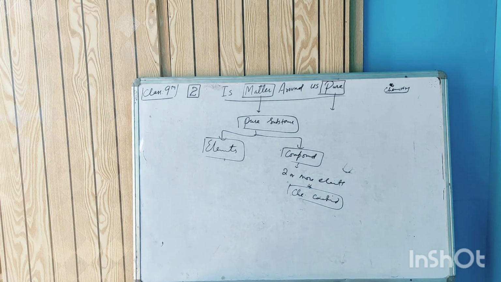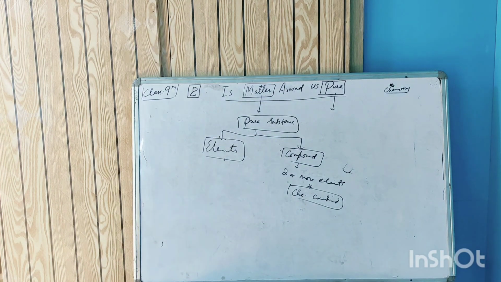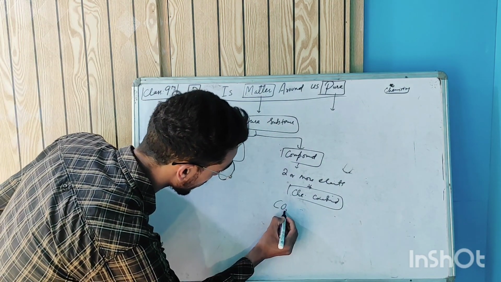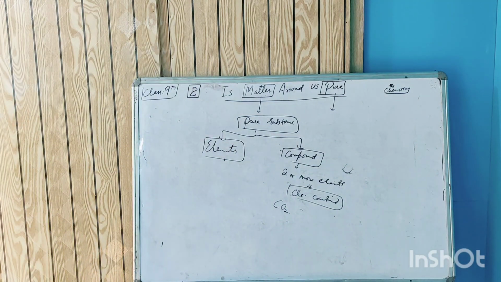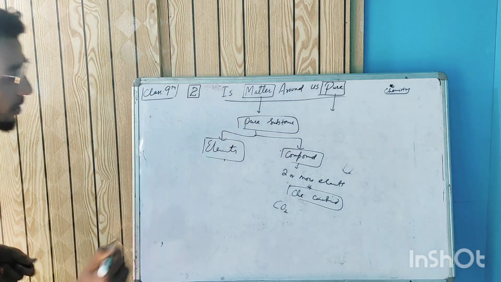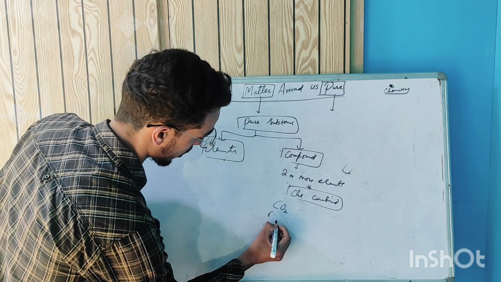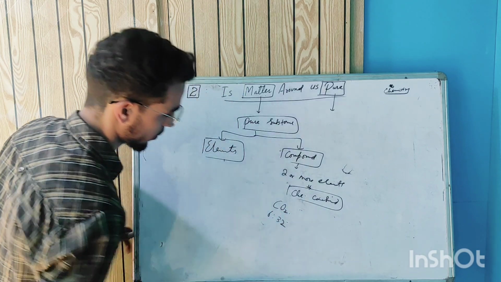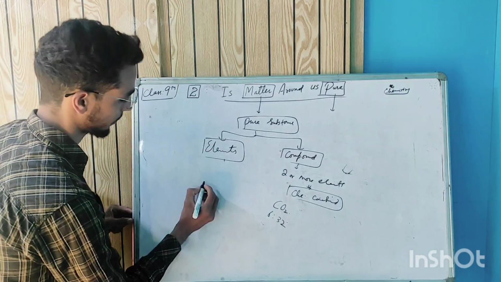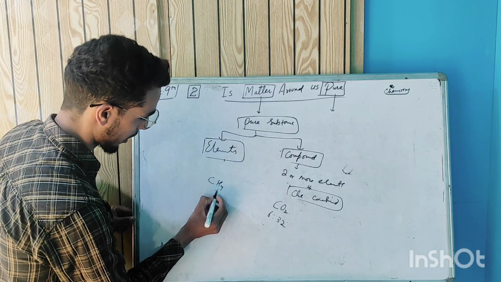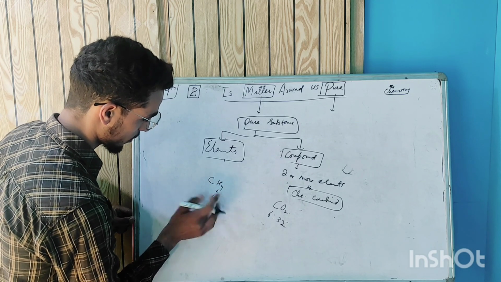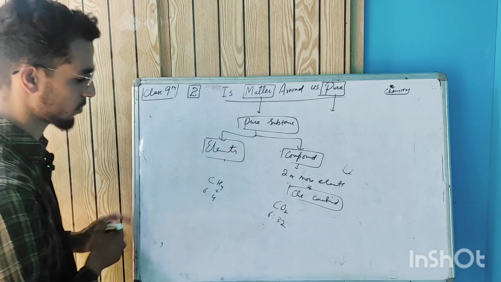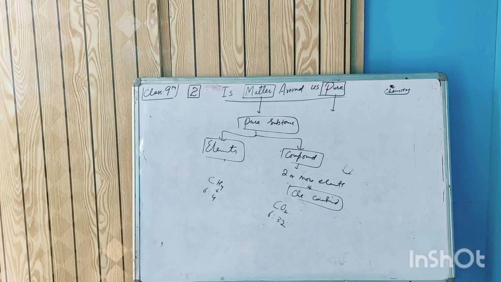For example, we can take the example of carbon dioxide. It's chemically combined in a fixed proportion. If the proportion is not fixed, it will not form. The ratio should be fixed. Carbon 6, oxygen 8 and 8, 16, so the ratio is 32. Now methane, CH4: hydrogen 4, carbon 6, ratio 6:4. The ratio should be constant.